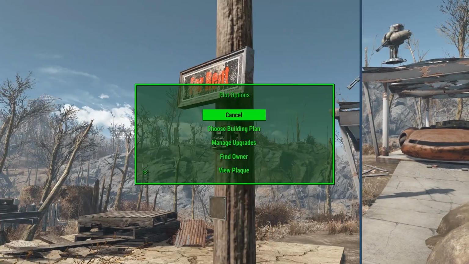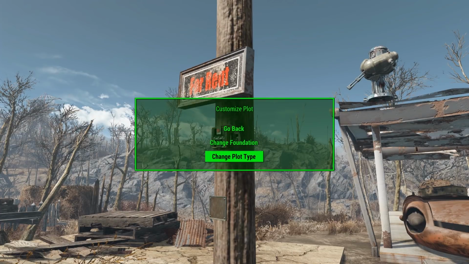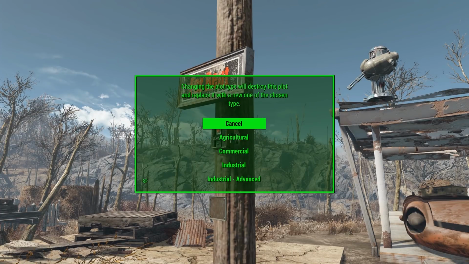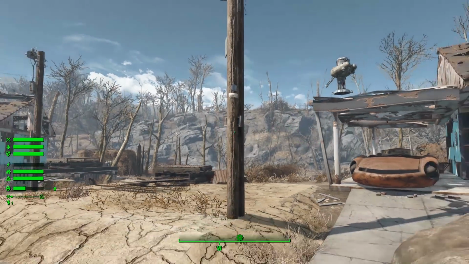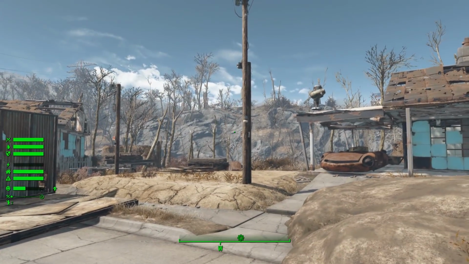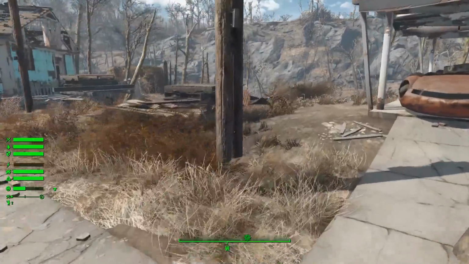All right, now we're going to head back into Customize Plot, and we're going to use Change Plot Type. And what this does is allows you to change a plot from one type to another. So we're going to convert this residential plot into an advanced industrial. So you activate that. It will swap the plot out, and know that it's okay if the position doesn't look